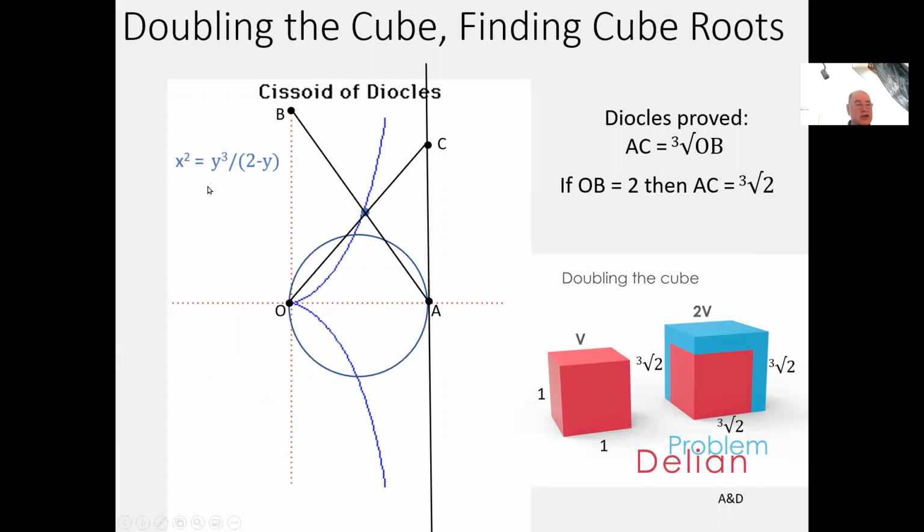And there, by the way, is the equation of the cissoid in analytic geometry. You can see not a particularly simple equation. But this was a great challenge to people like Fermat and Descartes as they began to develop this idea of marrying equations to curves. They were given the curve. Here's the curve that Diocles gave, 1,800 years ago. Can I find an equation for this curve? This was the great challenge. And once they had that equation,